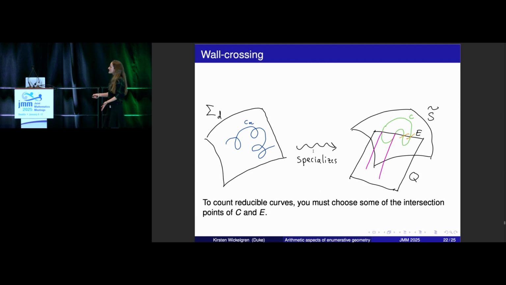So the summary is to count reducible, well, okay, so we're now going to count curves on this union of S and Q over E. We're going to do it by counting curves here, and then we'd like to choose some of these points of the intersection of C and E to make little orange tails on, and then the rest will make pink tails. So we'd like to choose, say, 2 out of 4 intersection points. So here, 1, 2, 3, 4 intersection points of C and E. And it turns out you want to choose some of them, here 2, to draw orange tails out of.